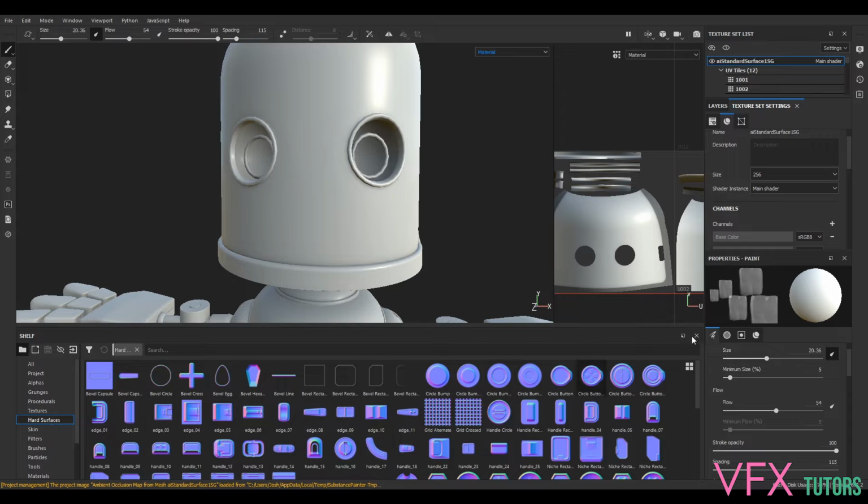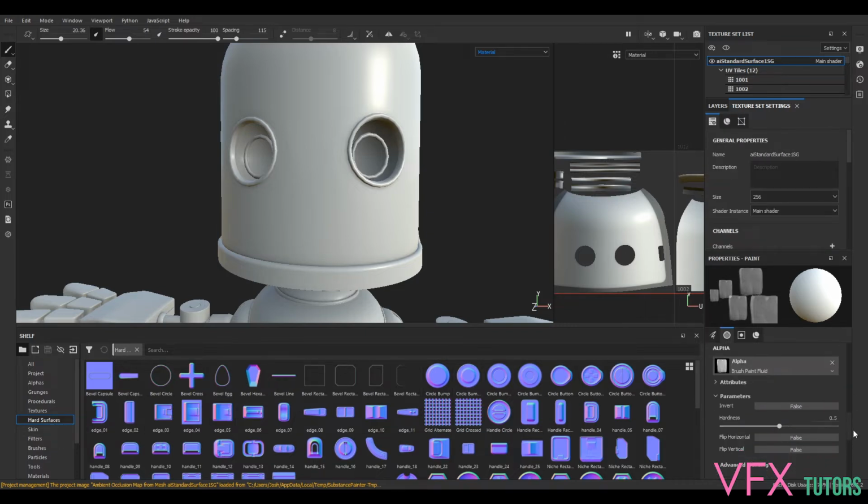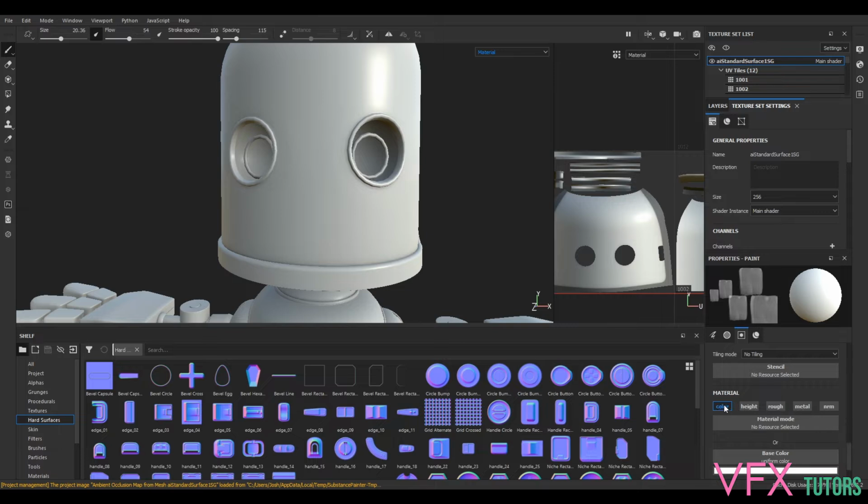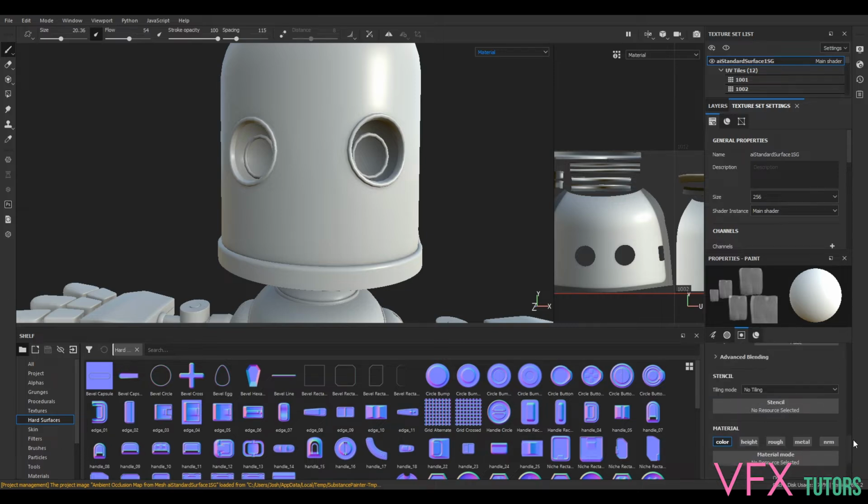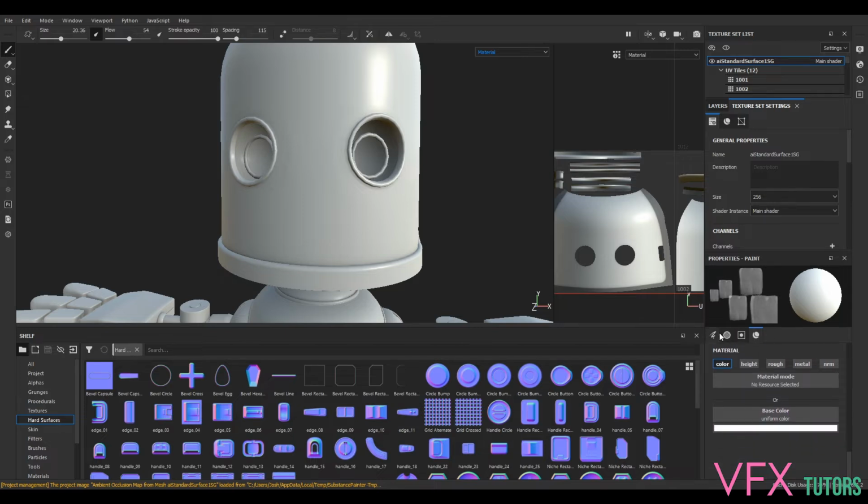Hard surfaces. So I forgot to mention that you've got your brush tools here, the little squiggle, the alpha, stencil, I always forget what they're called, and material. So at the moment we're only on color. So we can just paint in color if we want. But we can also